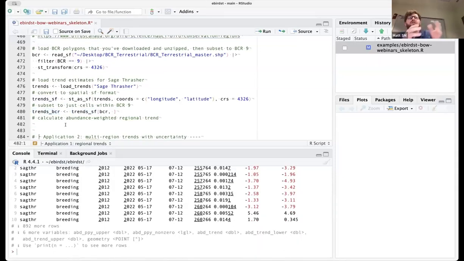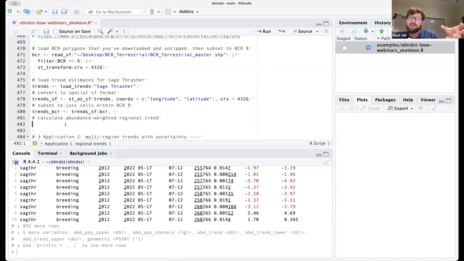The naive thing you might do here is, I have 900 points and I know the trend for each, so let's just take the average across that. That doesn't account for the fact that some of those 27 kilometer cells may have many more Sage Thrashers than others. What we want is the average population trend across the whole BCR.